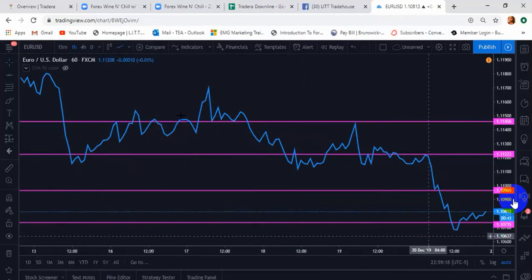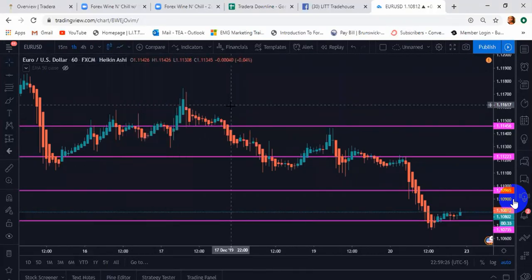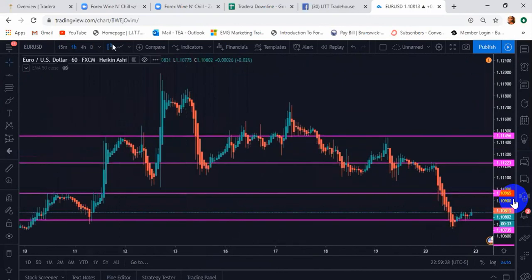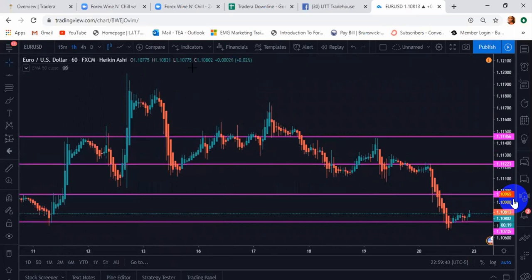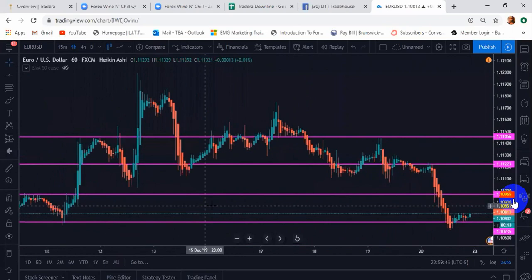I need to see price action right now. I'm using Heiken Ashi candles, which are Japanese candles. I don't use the regular candles anymore. When I click back to my candles, now I can kind of see the market structure. I can see the most recent high. I can see the most recent low. I can see what's going on in Euro USD. We're on the hourly time frame. So let's go back as if